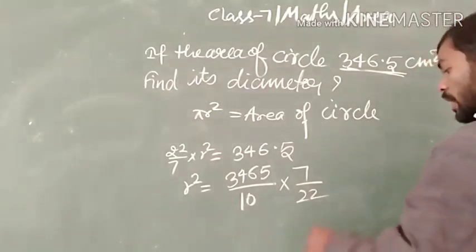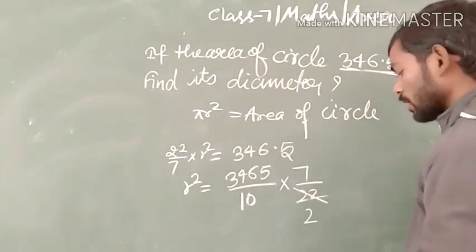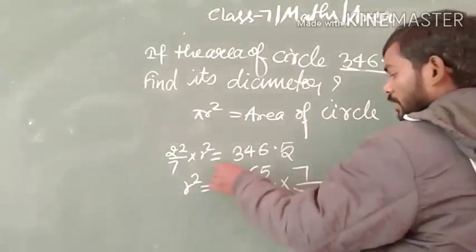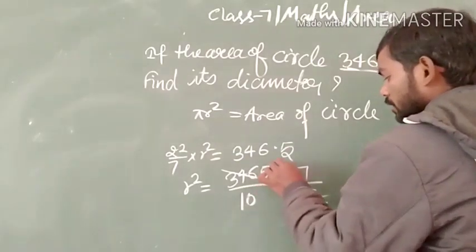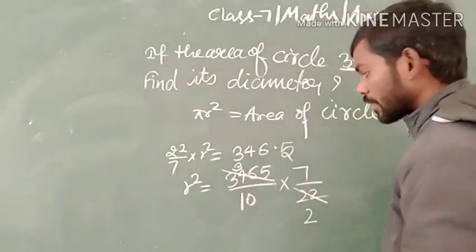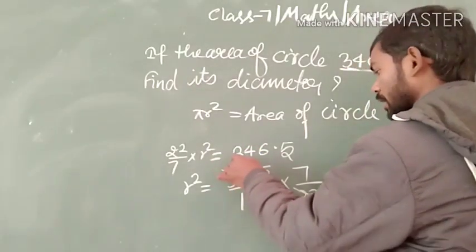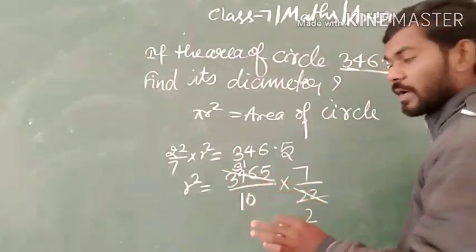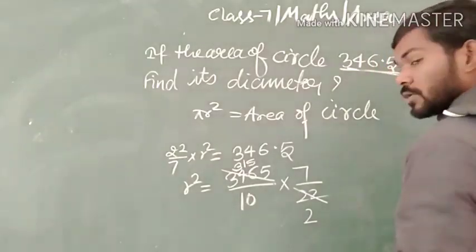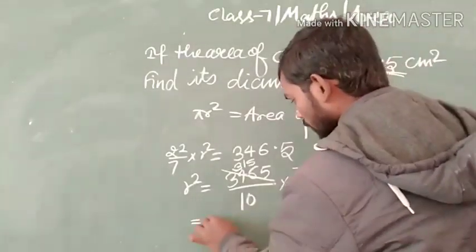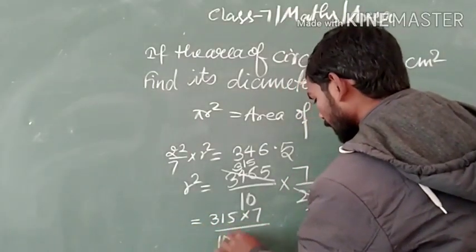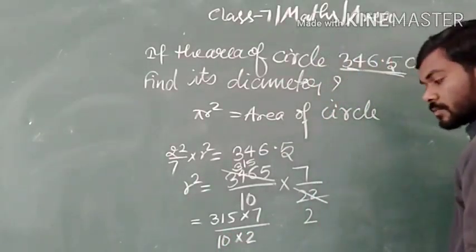Now just solve 11 to the 22, and when we divide it by 11 we get 11 3 is 33, 11 3 is 33, carry 1, 16, 11 1 is 11, carry 5, 55, 11 5 is 55. So here we get this is equal to 350 multiplied by 7 upon 10 and multiplied by 2. Okay,